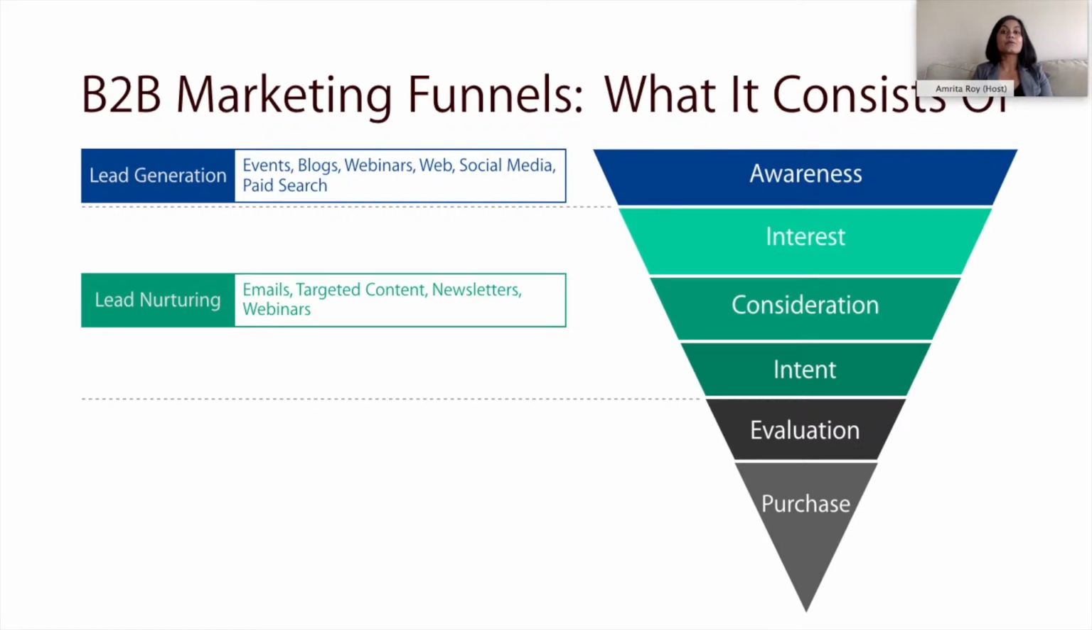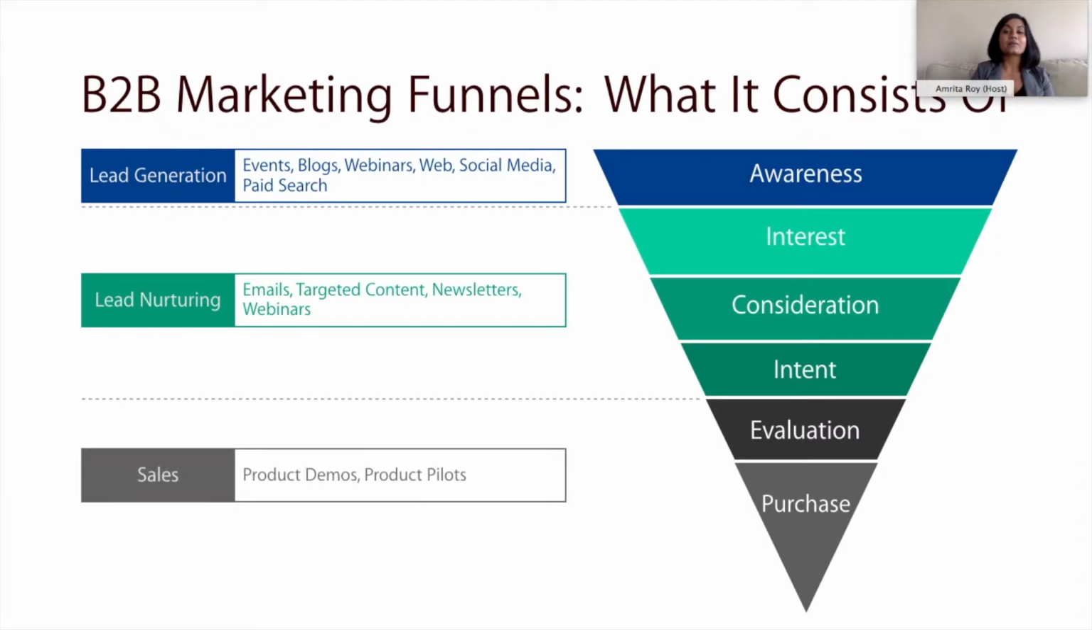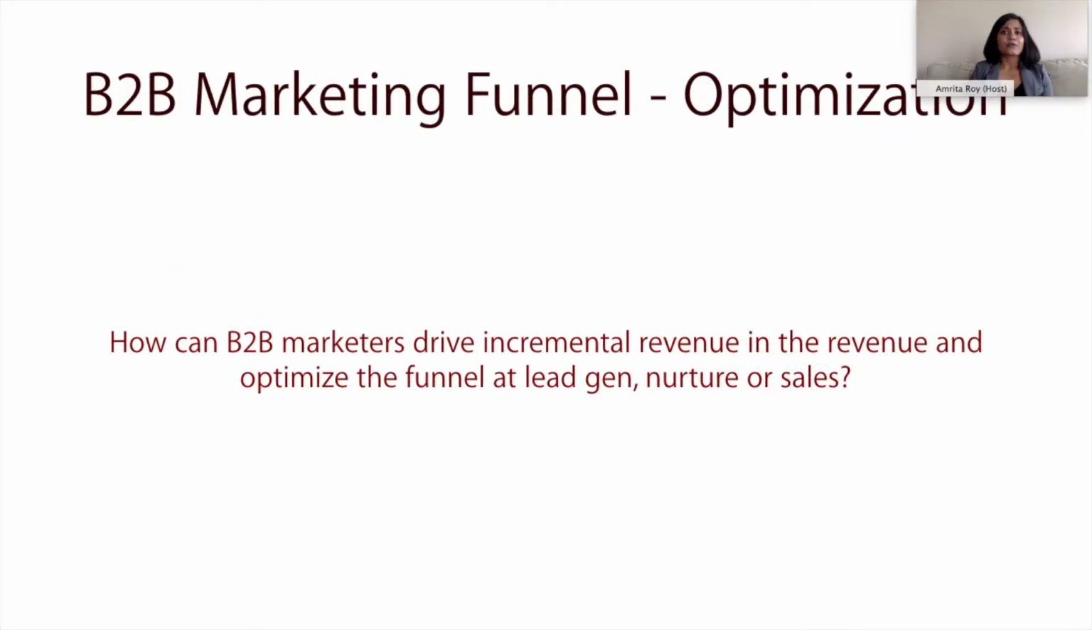And finally, when the user has engaged with us enough through interest, consideration, intent, and finally evaluating us for a potential purchase, that's when sales comes in. And there the campaigns are around potential product demos, product pilots, etc. So this is all great, but ultimately, how do we make sure that we are driving incremental revenue across lead gen, lead nurture, and sales? In other words, how do we optimize the marketing funnel? The answer to that is